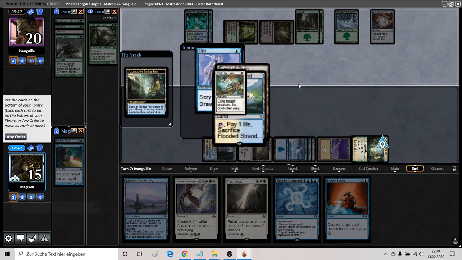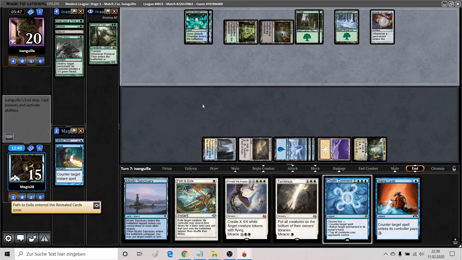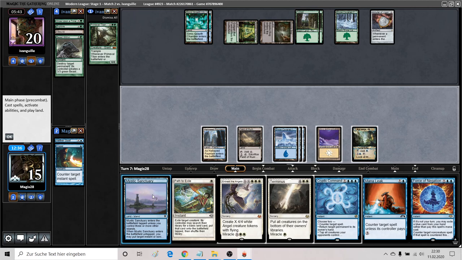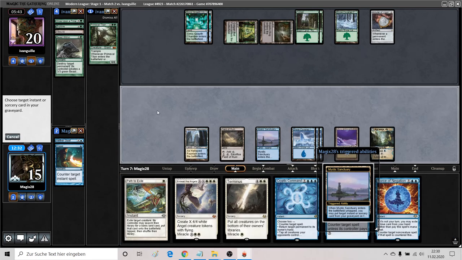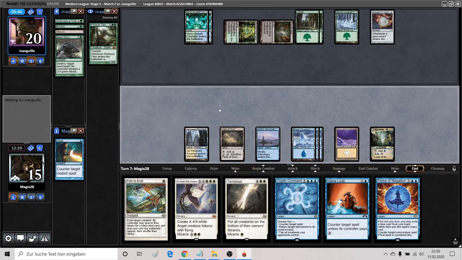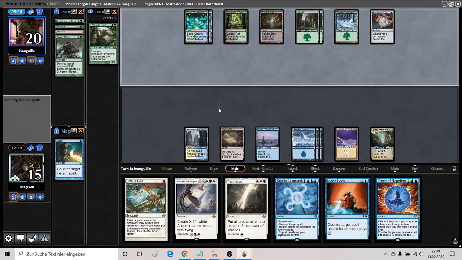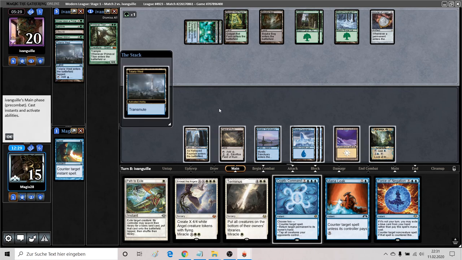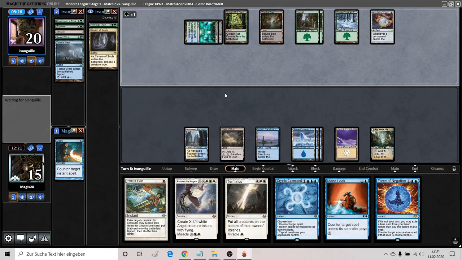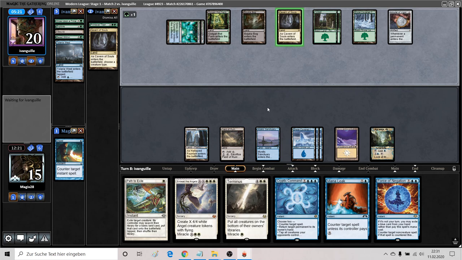Let's actually take the path, so we have at least one in hand. Transmute. Yeah, not like we can prevent this. It's probably a Pact of Negation. No, Cavernous Souls. Yeah, well, but that won't save you, my friend. We have the card on top right, so...